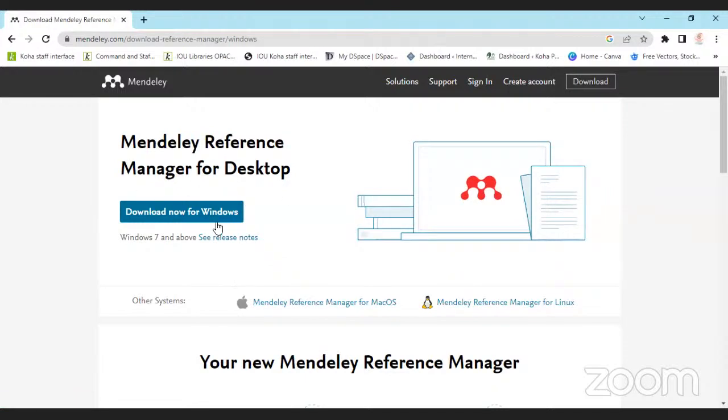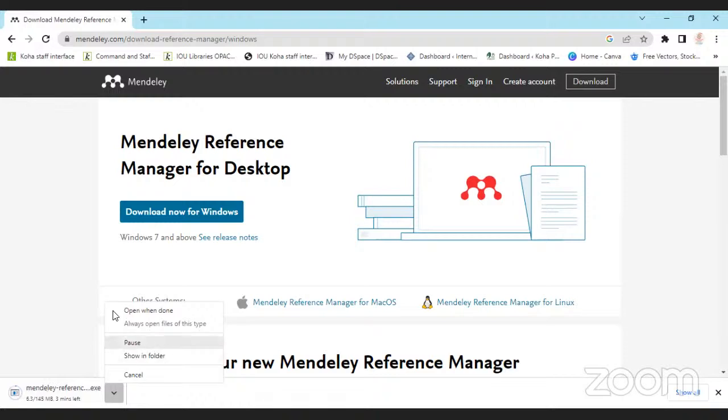And if you are using Windows, and I'm using the Windows operating system now, I will click here. Just click here, and you see the download option, and you can see the software is being downloaded. So now I will go to the download option in my system, and from there you can see